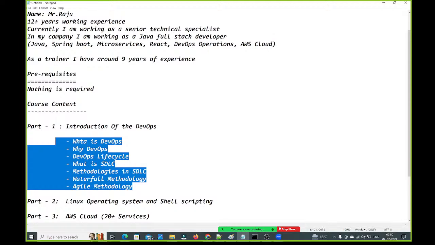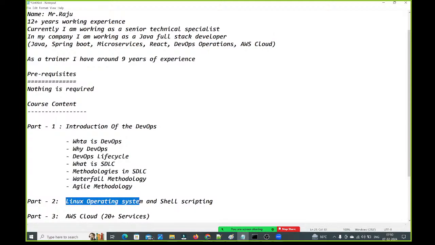Next, coming to part 2, as I told, in part 2 we are going to understand the Linux operating system and shell scripting. So what are we going to cover under part 2? Observe carefully, guys. In part 2, we are going to discuss Linux, which is an operating system.